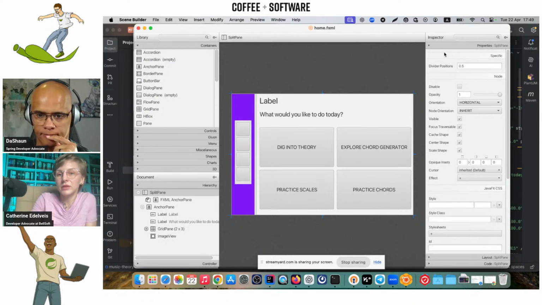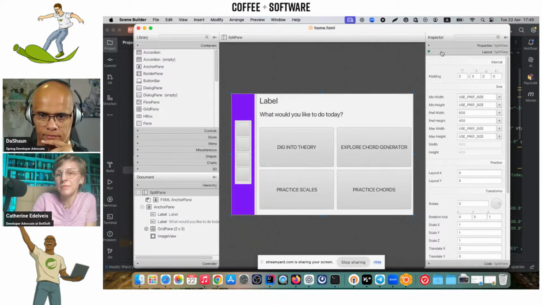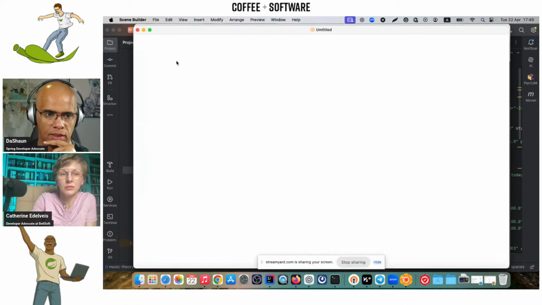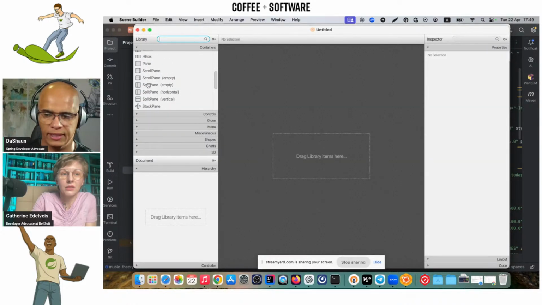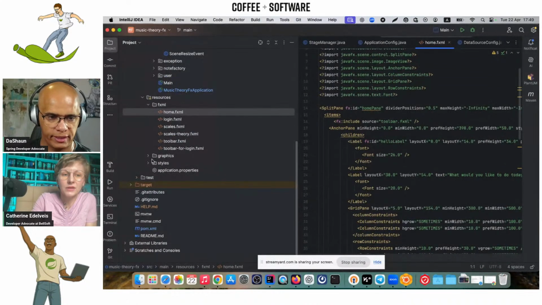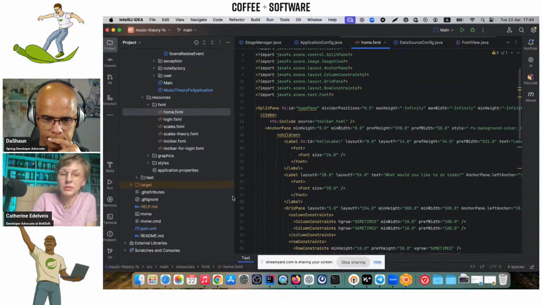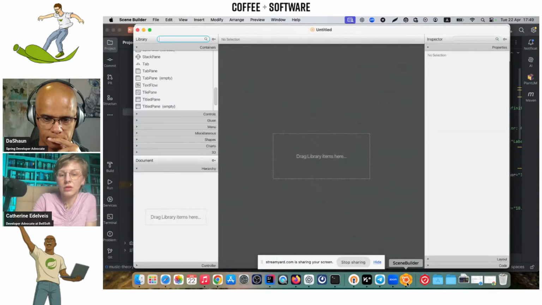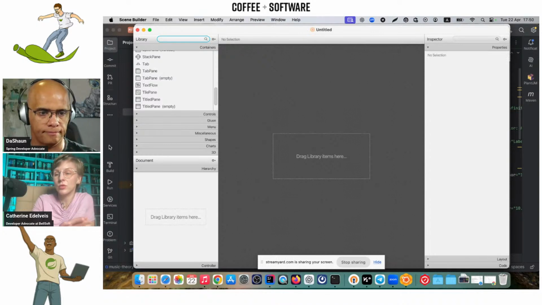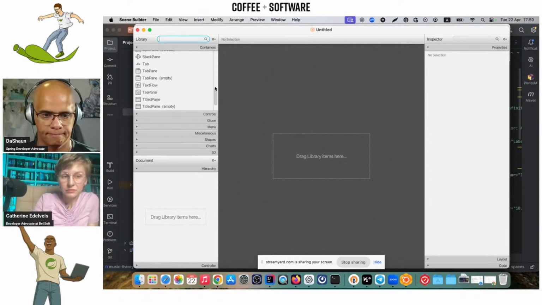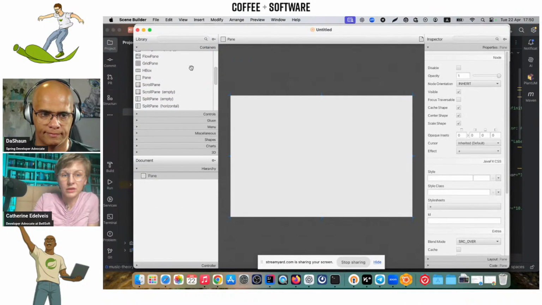So Scene Builder was really easy to use. In IntelliJ, isn't there also a plugin that gives you Scene Builder inside of IntelliJ? There is, yes. You can use the IntelliJ IDEA plugin for Scene Builder. I'm just used to the separate application, but you can do that with IntelliJ as well, so it's going to be one window for everything. So you just drag all the necessary controls here,